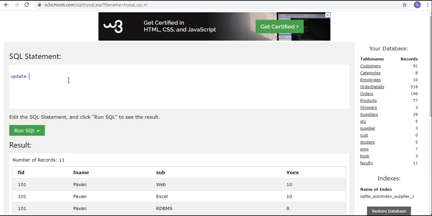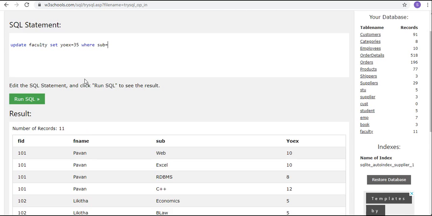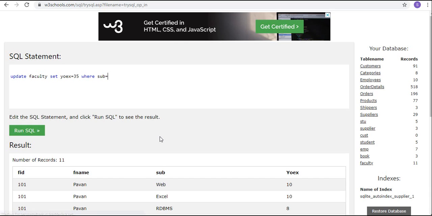Update faculty set years of experience equal to 35, where subject equal to accounts.